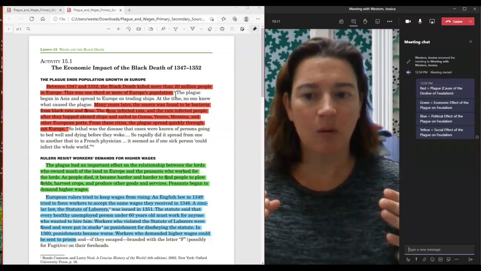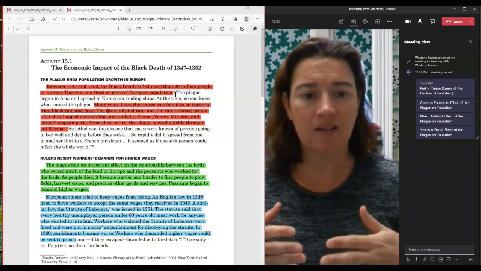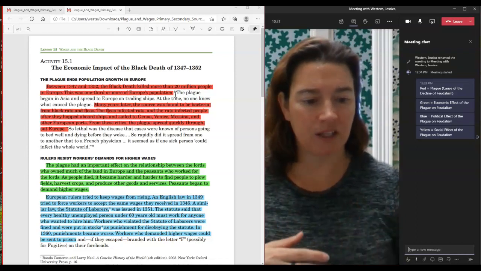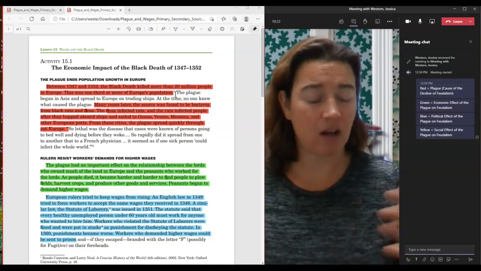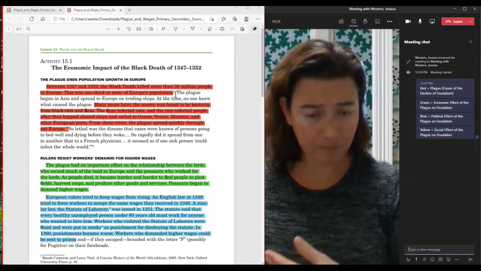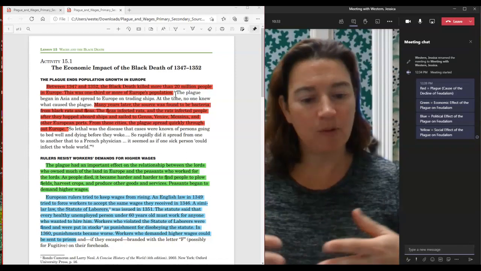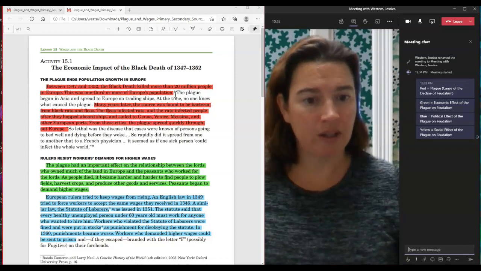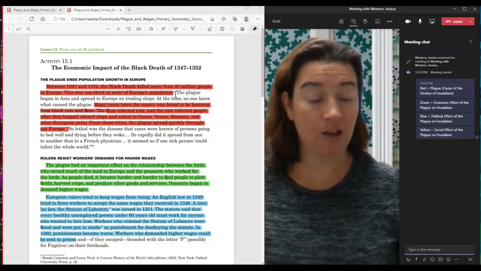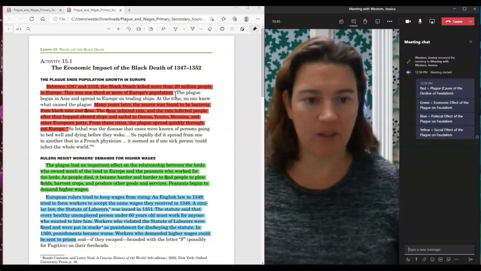And so what happens, they finally realize that this disease is coming from a bacteria that is being transmitted by fleas and rats that are on the trading ships coming out of the east, coming out of China and India, and then docking at these ports and trading cities in Europe, and then it's spreading from there. And before they can really do anything to stop it, it has spread like wildfire across Europe. The only thing that they find that is effective to stop it is the same thing we did in